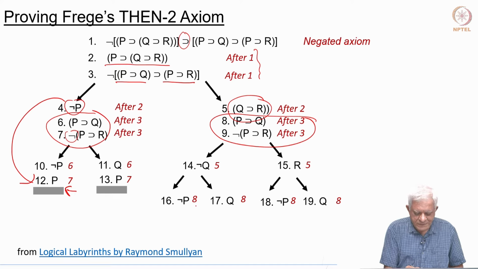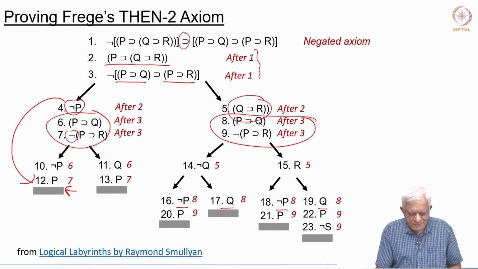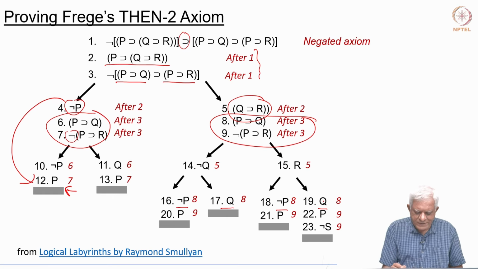Then we have done after 8, which is P implies Q. So, again not P or Q, and this is again repeated here, as you can see, not P or Q. So, after 8 we go to 9, and we find at the end of 9 is again this not P or R, the same thing that we did with 7, and 7 and 9 are identical.